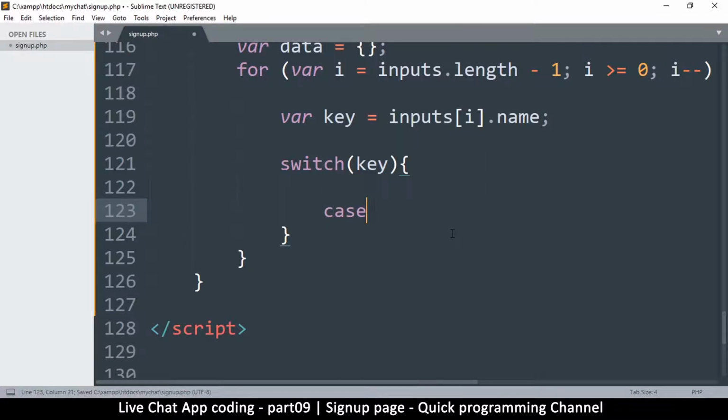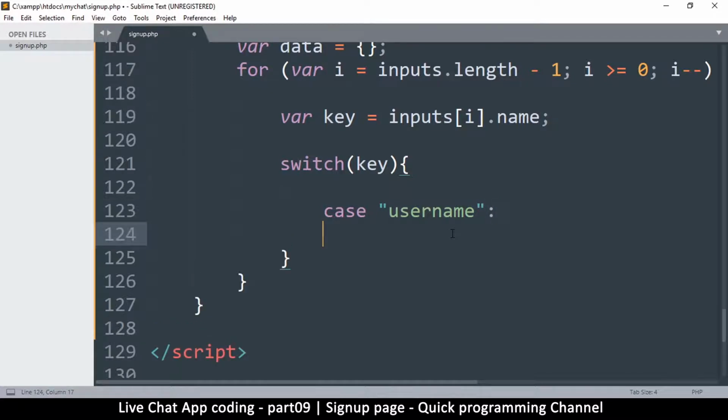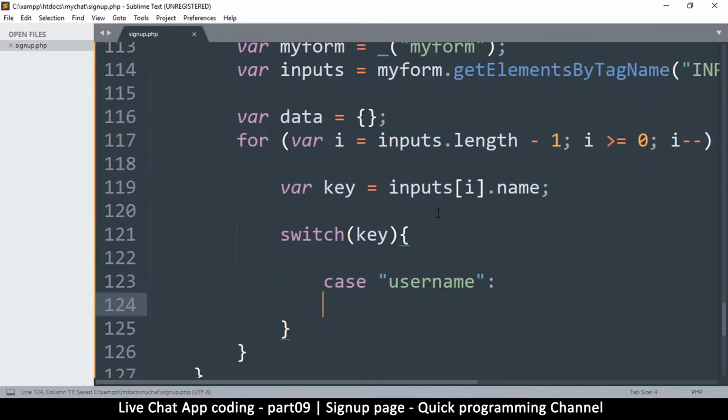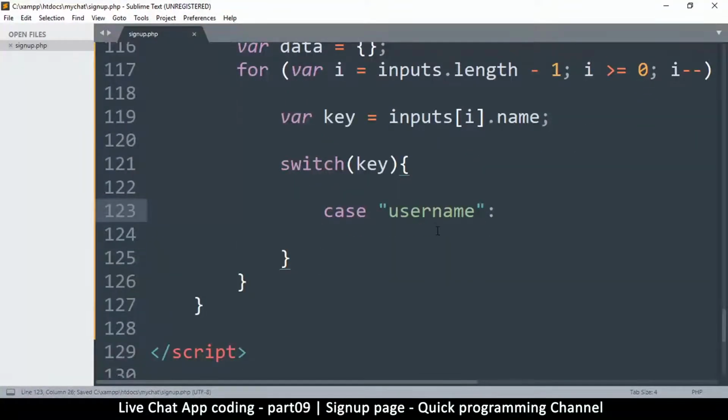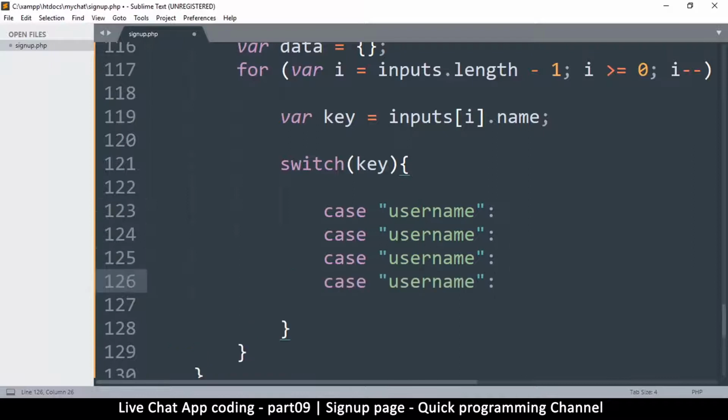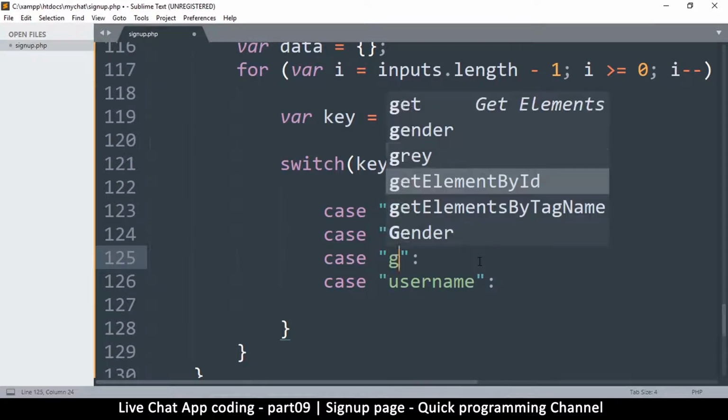So switch looks for cases, like case. If I want to know if the key is equal to username like this, and then I'll put a colon down here like this, and then I will run the condition that happens here. So the advantage of this one is just the syntax looks much better. So I'm going to do this, and here I'm going to say email, right? So case email, case username, case gender,